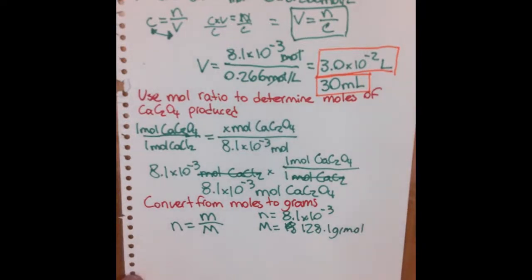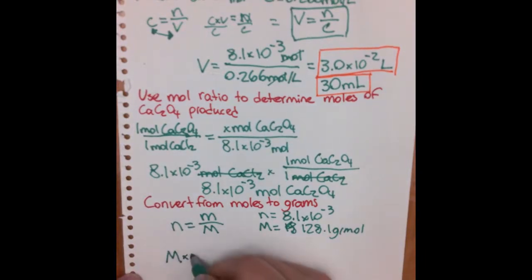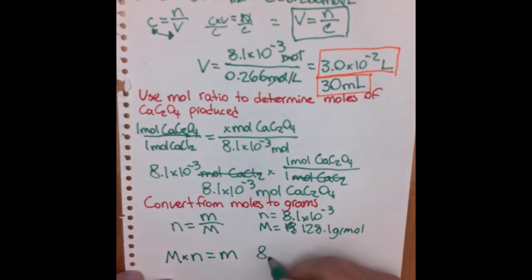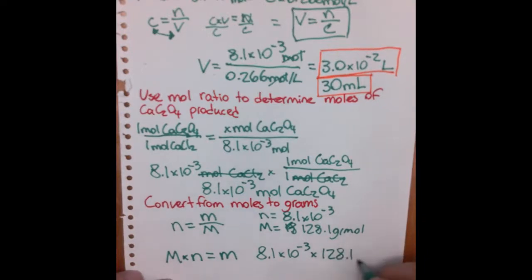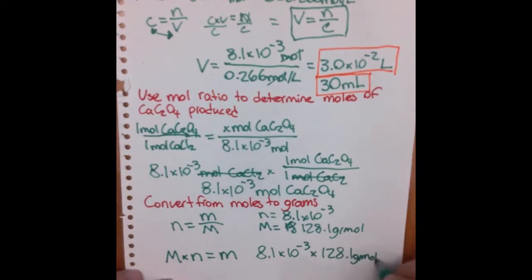I can sub those in. Obviously, I have to bring my molar mass over, so molar mass times moles equals mass. So 8.1 times 10 to the negative 3 times 128.1 grams per mole is going to give me